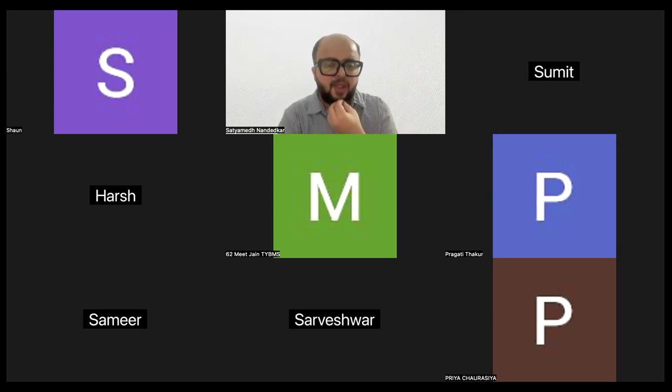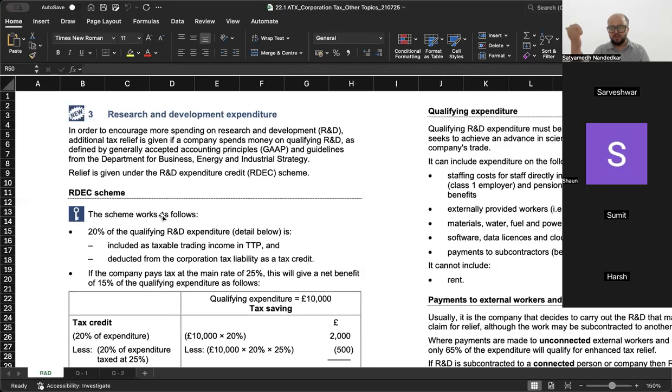ठीक है. Now, let's quickly discuss the research and development expenditure वाला adjustment, because ये काफी बार I have seen it in the adapted questions in the exam kit also. In order to encourage more spending on research and development, additional tax relief